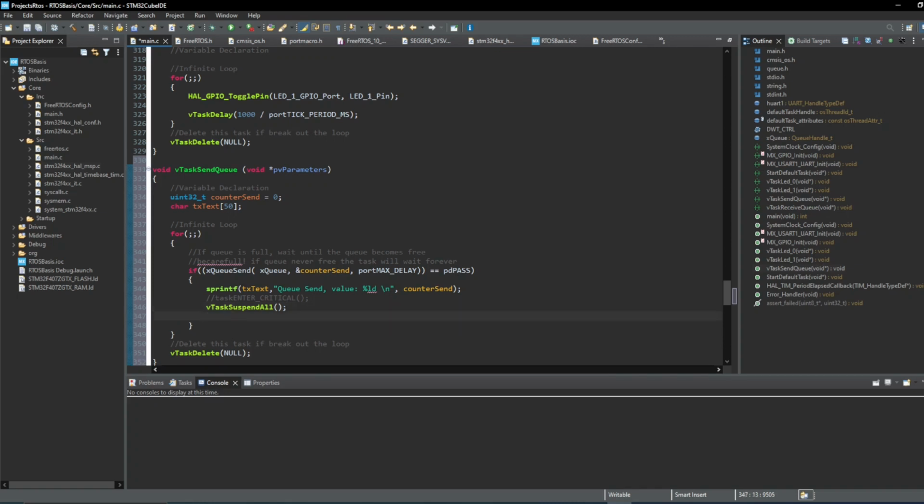And this short period of time should guarantee that the send queue task will get the USART peripheral, send the message to the USART peripheral, and transmit it to the terminal. When it finishes, we resume all other tasks again, so all other concurrent tasks can now go into the running state. At this moment we are suspending all other tasks and we are going to call HAL